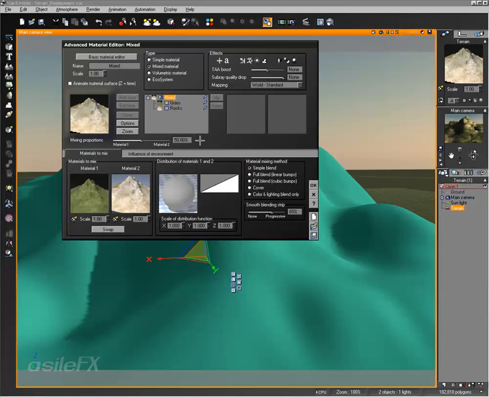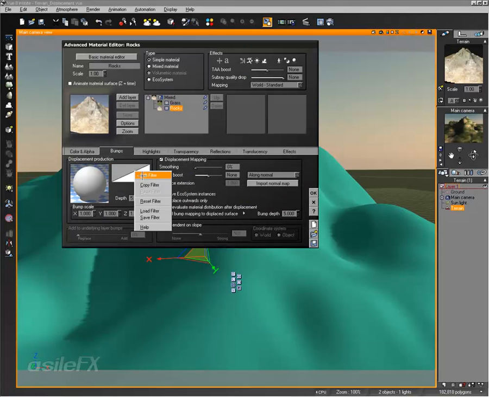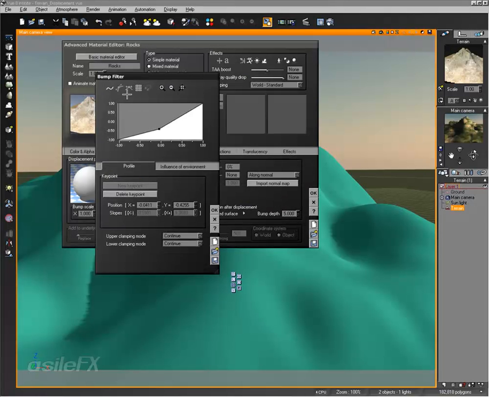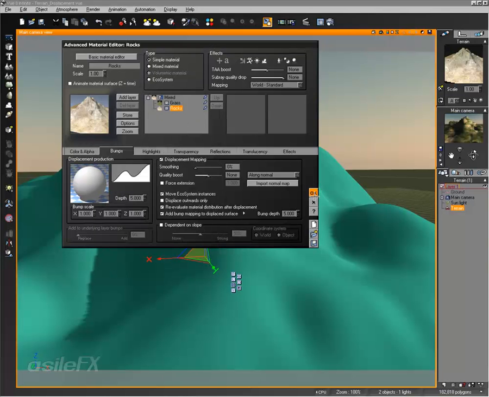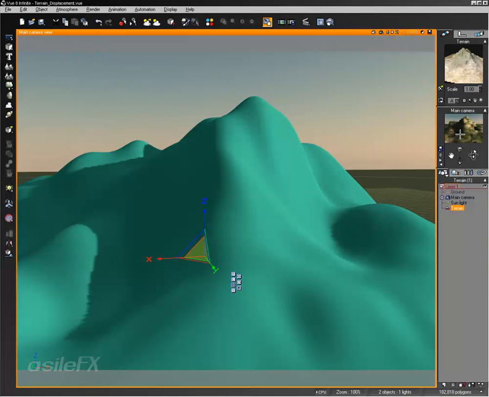Now, I'm going to make a modification to the filter. So if we go to the bump, add new key point in the center, and I'm going to just adjust this curve. And the overall output is still 1, so it should be pretty consistent. But it is a way to balance out the ending and starting point,